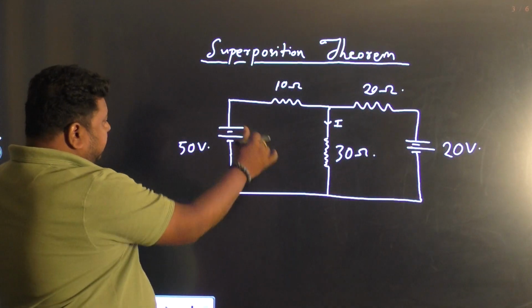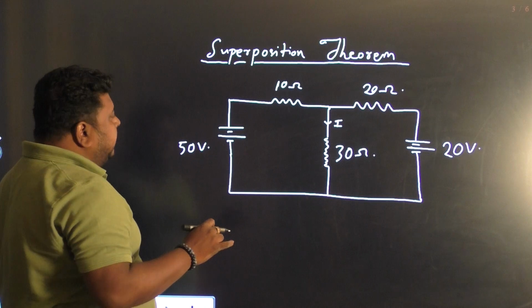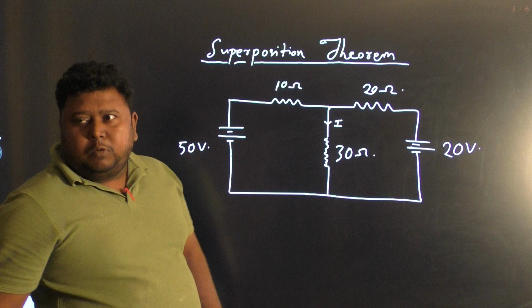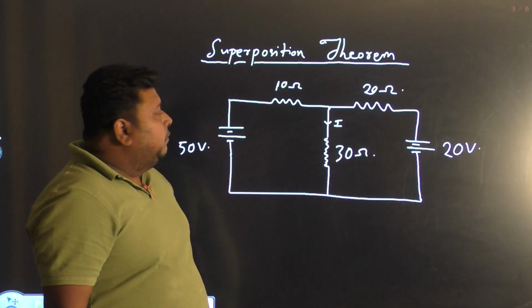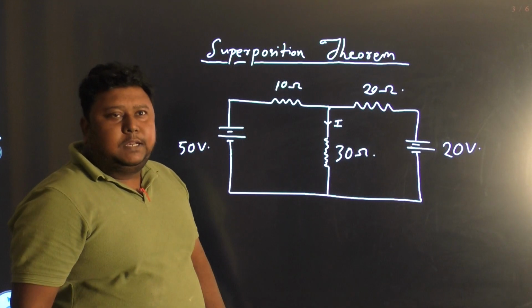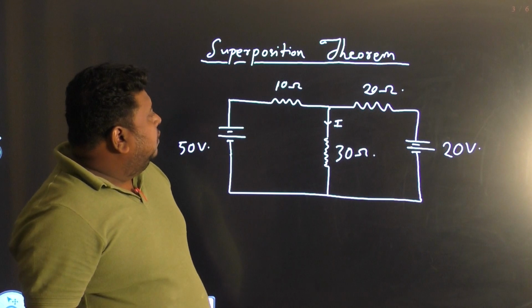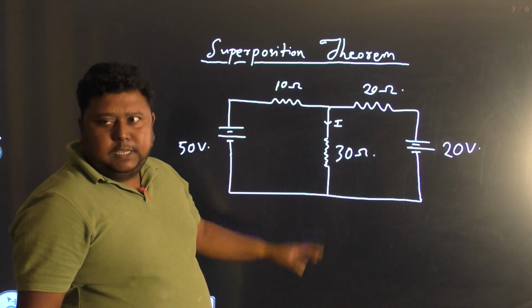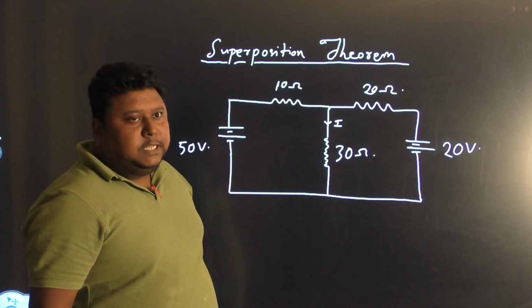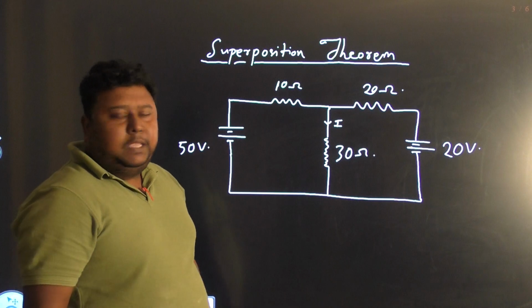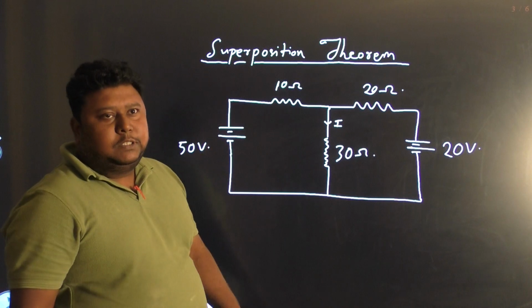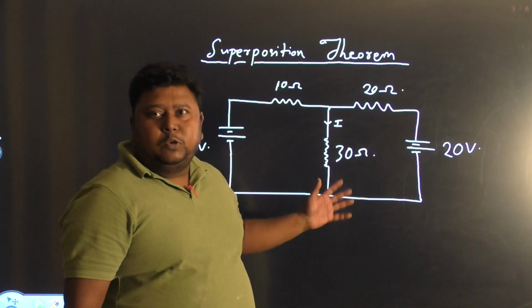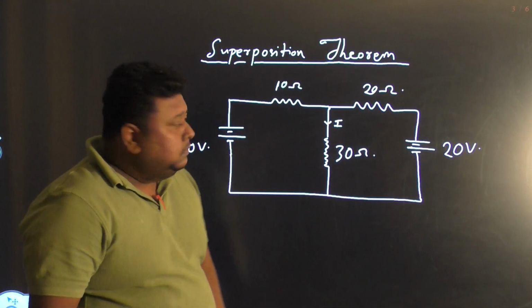Superposition theorem. Before starting, let me tell you, when there are multiple sources, that is two or more than two, then we have to apply this theorem to find out the branch currents. So this is a small circuit. Solving this small circuit and finding out the branch current, parallelly we'll be going through this superposition theorem, and it will be clean and clear how this superposition theorem is used.